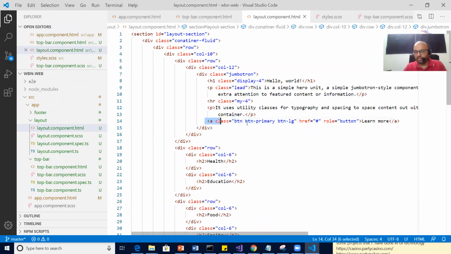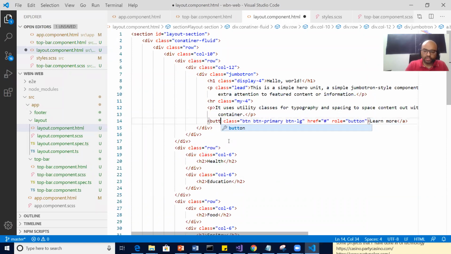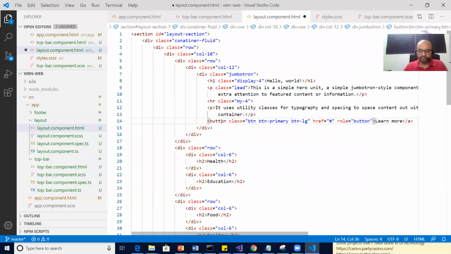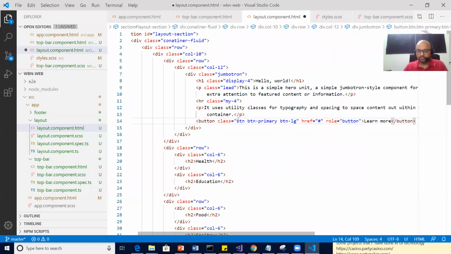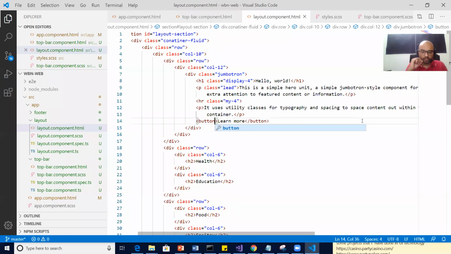As of now, let's remove it because for button I didn't tell you anything about the button. Put button with no class. When we come to button, I'll tell you.